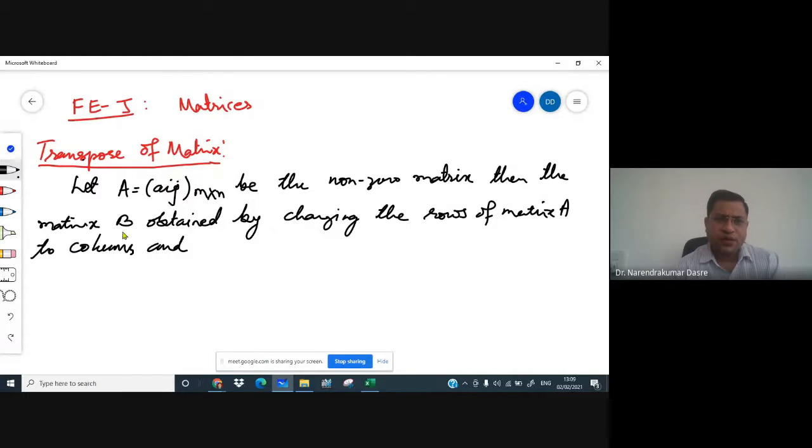Then the matrix B obtained by changing the rows of matrix A to columns and columns of matrix A to rows is called